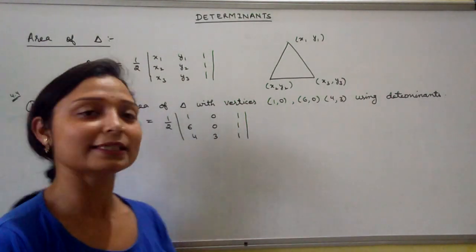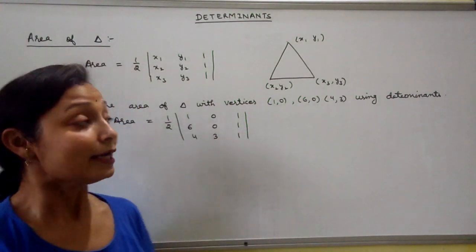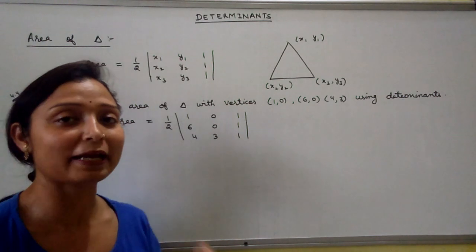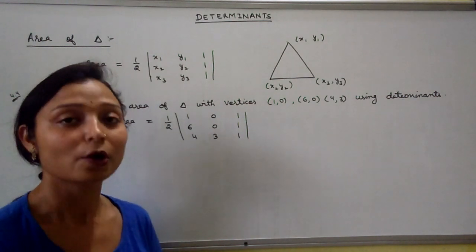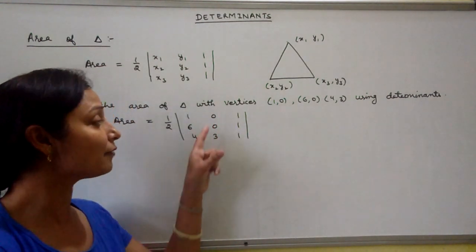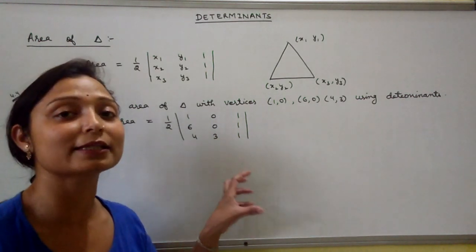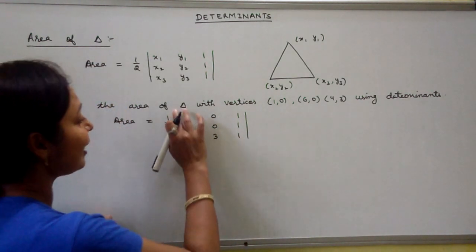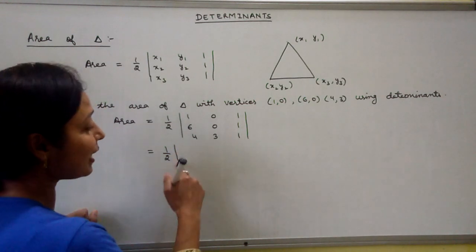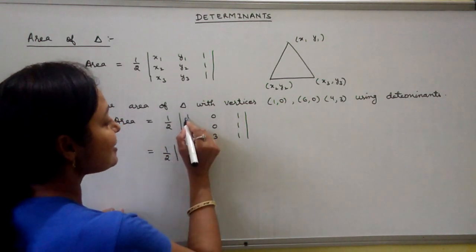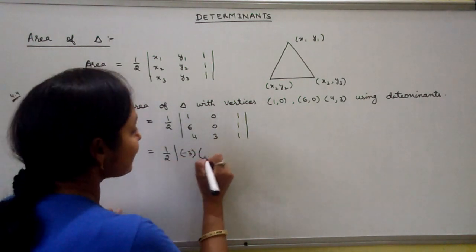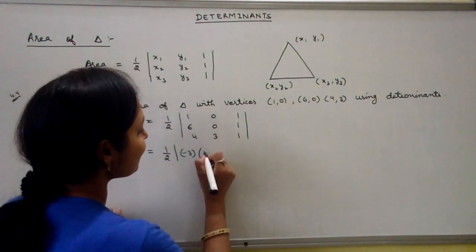Why have I chosen this example? Is it very easy? No, it is not easy. I want to make one thing clear to all of you: you have to expand the determinant through that column or row which has more zeros. In this column we have two 0s, so if I choose this column for expansion, it makes the calculation very easy. Okay, so I will expand through the 3, with the half outside. When I expand, the signs are positive, negative, positive, negative. So I will take negative 3 common, and when this column and row cancel, what remains is 1 minus 6.